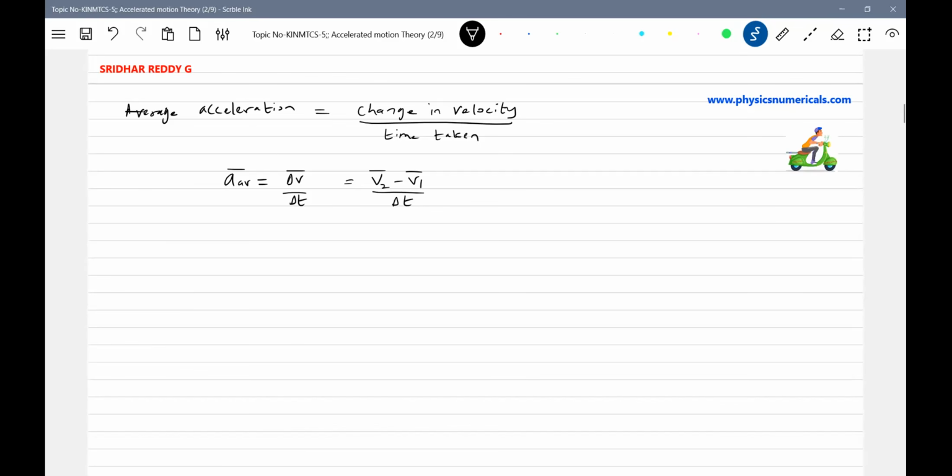So this is how you define average acceleration: change in velocity by time taken. So that's the basic definition of average acceleration. It is telling change in velocity. So velocity has two quantities, no? It has the speed as well as direction. So due to which quantity changes is the body said to be accelerating? Any one or both. So first example, we take it. A body is said to be accelerated.